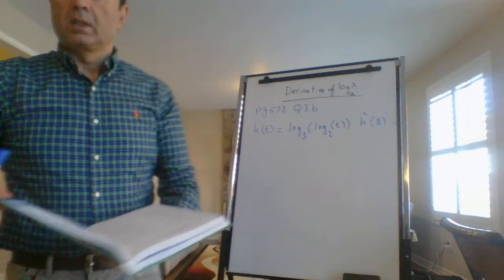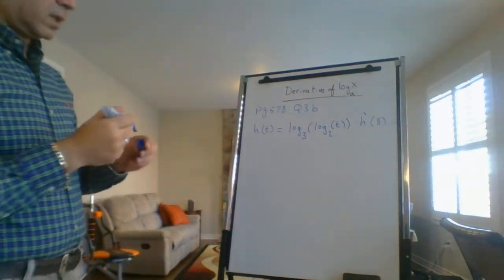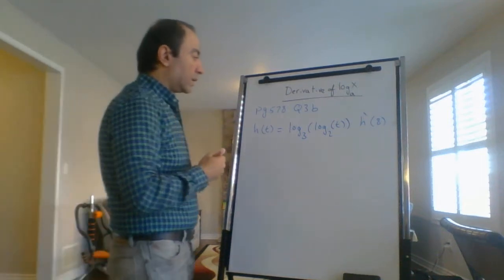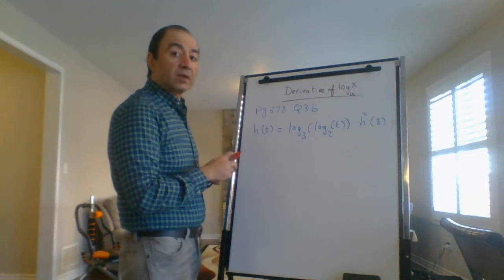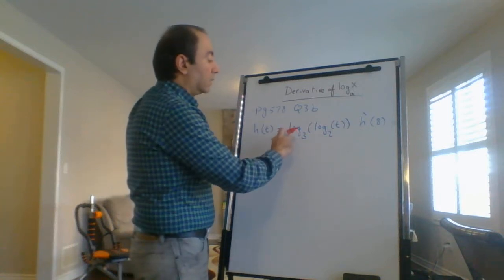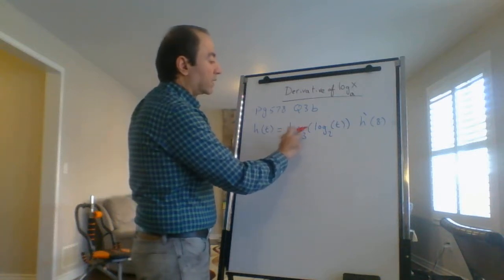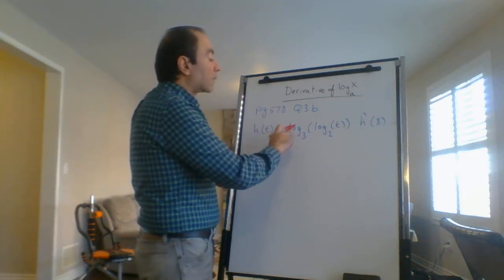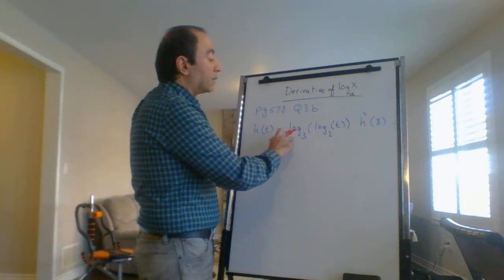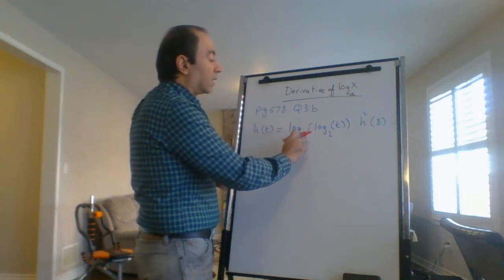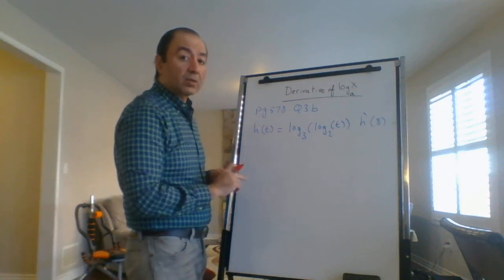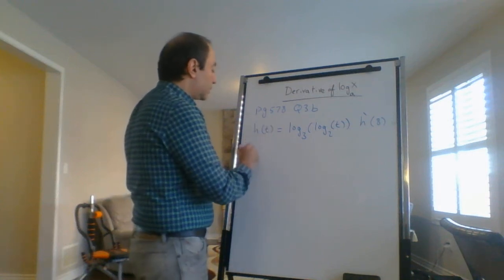Right. So when we have a question like this, I need to know what rule I have to use. So this is a composite function. We can say that this is f of x and this is g of x. So the derivative will be f prime of g of x times g prime of x. We have to use the chain rule. So h prime of t will be